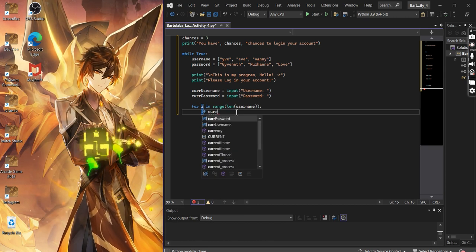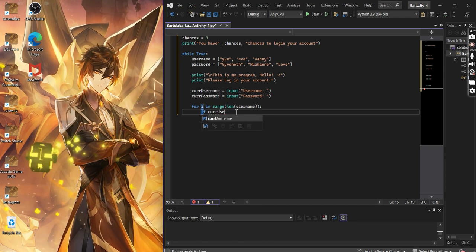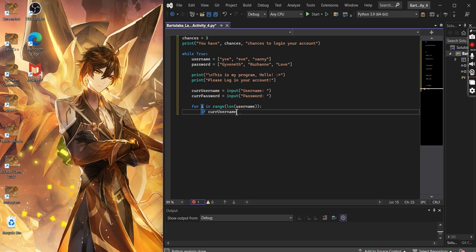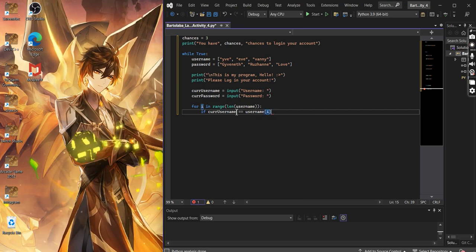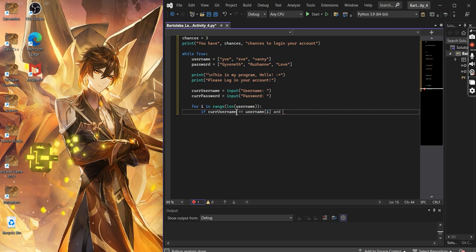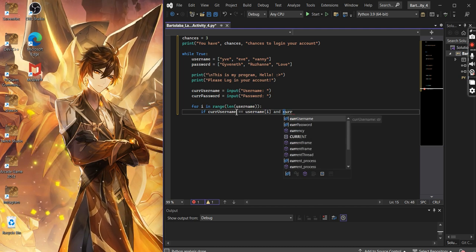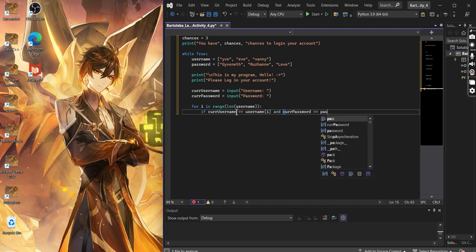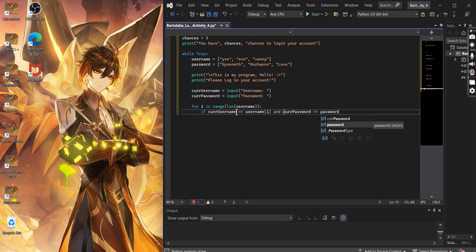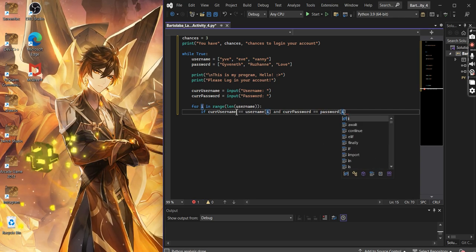So if current username is equal to username, and current password is equal to password in our list,